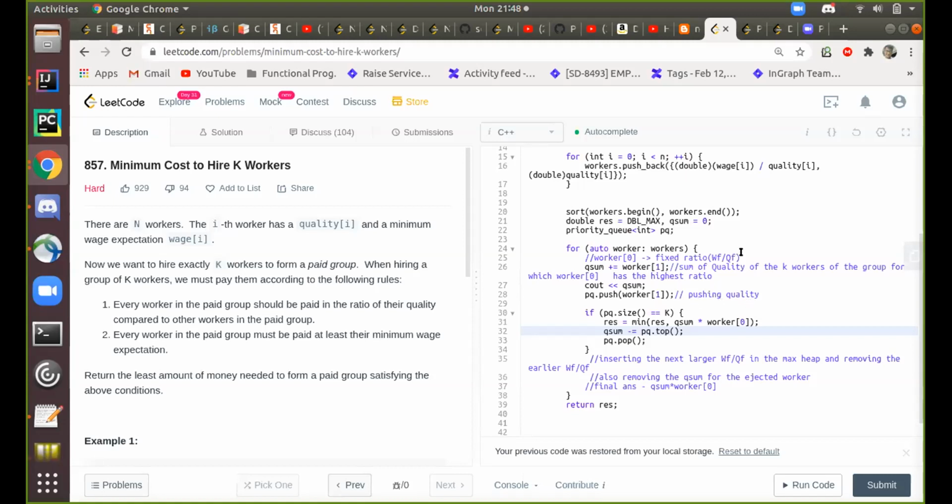Yeah, because you have to have a max of a value also, but you have to find a min of a max value, something like that, right? The quality and the wages are proportional to each other, because if the quality increases, your wage also will increase. But you don't want someone whose wage is too high and quality is also too high. So you will have to have some optimum, and in that case, this ratio comes into the picture.